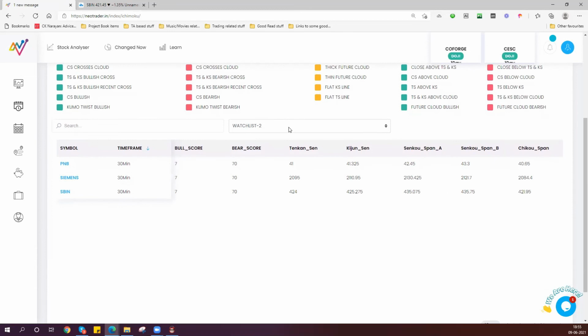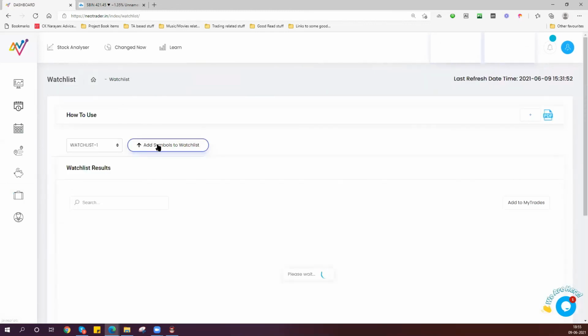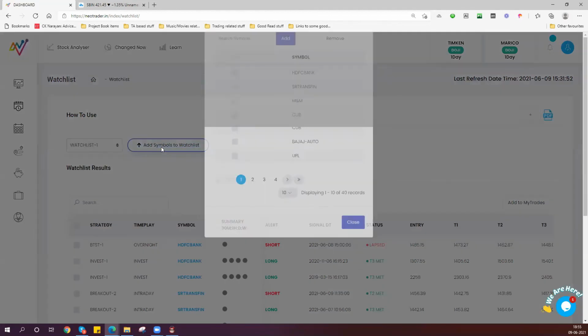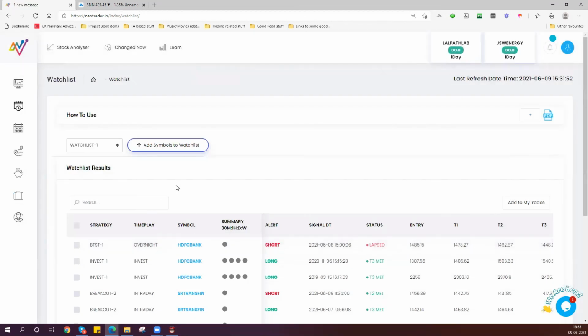Pick your watch list if you have one, or create a watch list, right? Creating a watch list is easy. Just go here, press this, put in my watch list, and it'll show up here. And take watch list 1, 2, 3, 4. There are 4 of them, or 5 of them actually. So take whichever watch list, and keep adding symbols to your watch list. And then you type in the name and tick mark here, check mark here, and say add. It will all get added to the watch list. And once you add it, it remains saved until you change it. So choose your watch list.